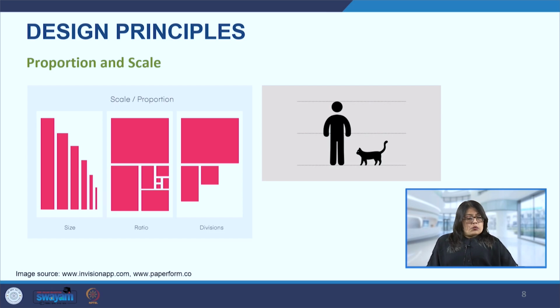And so when we are reading, for example, a blog post or an article, we always expect the heading to be larger than the body of the text. So the proportions will vary in that way, that the title will always be larger and the text will be smaller. And sizing of the elements can be used with different principles like emphasizing. So scaling of the elements when we want to depict on a 2D: do we want to scale it down, scale it up? That is the sizing of the elements.